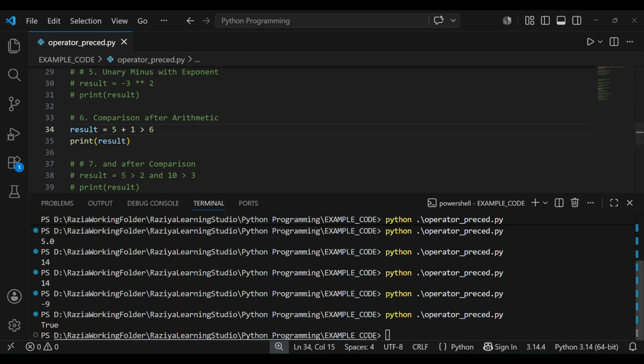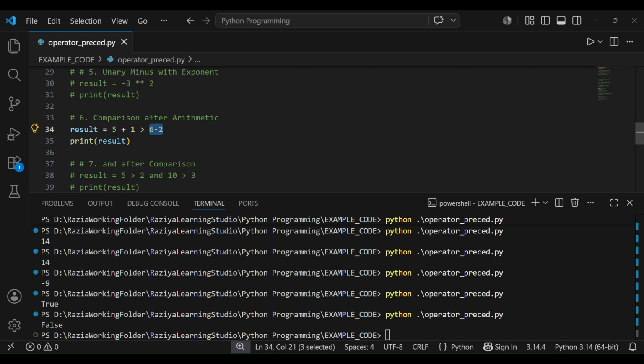Now if I write here 5 plus 1, what will it give? It will give false. Why? Because it will first check 5 plus 1, is it greater than 6? Which is not, right? So it will give false, correct? Now suppose this side also has some expression, 6 minus 2. First it will calculate 5 plus 1, and 6 minus 2, and then it will compare. 5 plus 1 is 6 and 6 minus 2 is 4, correct?